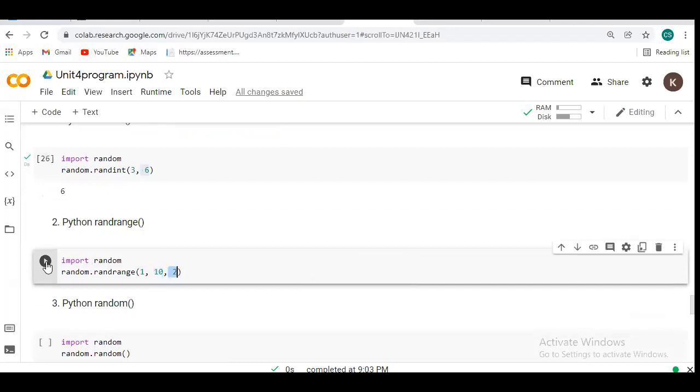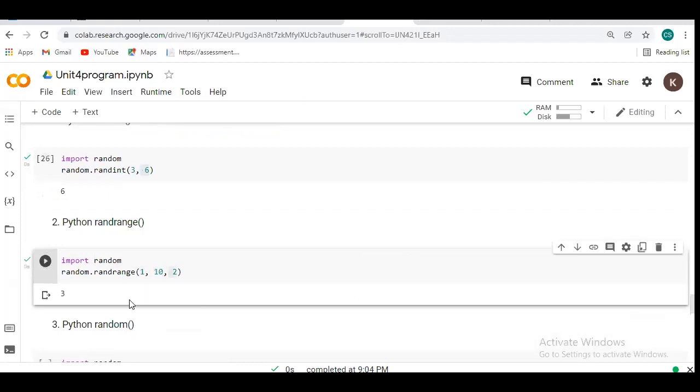I want only two steps here, so it will generate only three. Why? Because one is for the start location and my second step ends with the two. Suppose I write the step as 5. After 5 it prints 6. The range operation is performed with the third argument, the step.